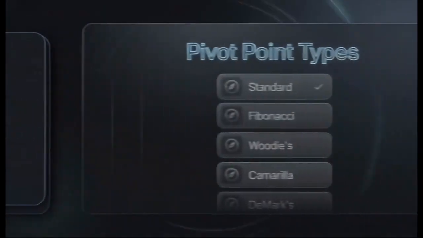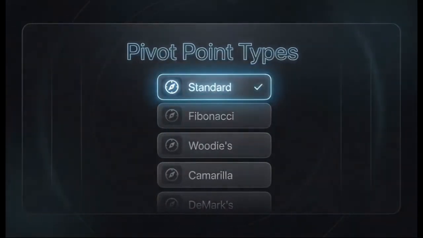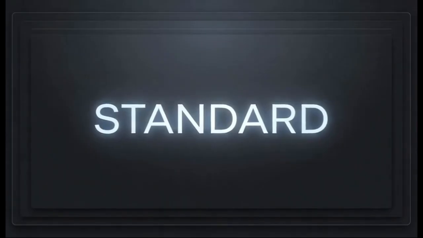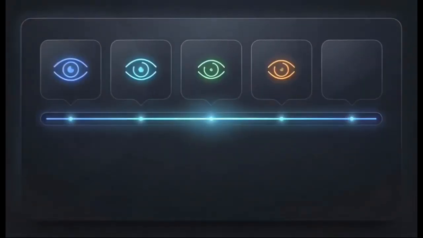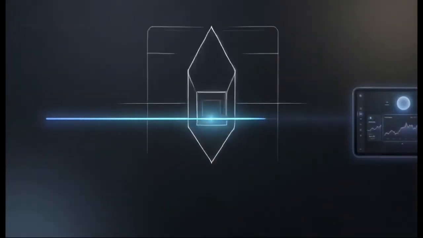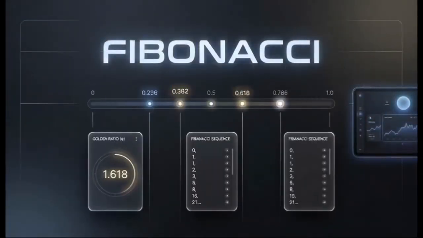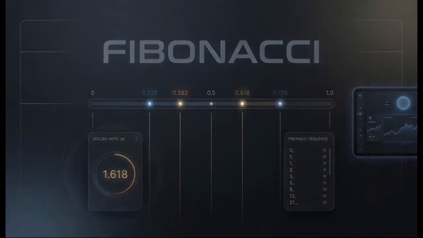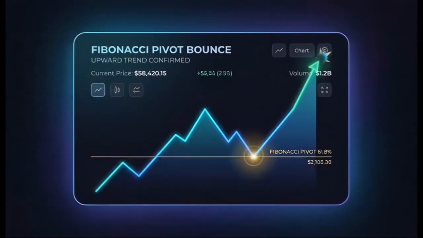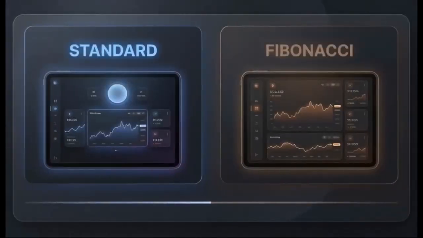Now, the settings. There are a few types, and which you choose genuinely matters. The default is standard or classic pivots. And honestly, for most traders, standard is the right call. Because, like so much in trading, the power comes from everyone watching the same levels. But there's a second type worth knowing. Fibonacci pivots, which space the levels using Fibonacci ratios. Many find these give cleaner reactions in trending markets. My advice, start with standard, and only experiment with Fibonacci pivots once you've watched how the standard levels behave for